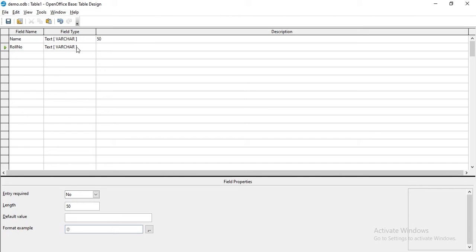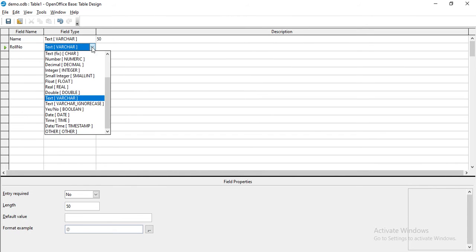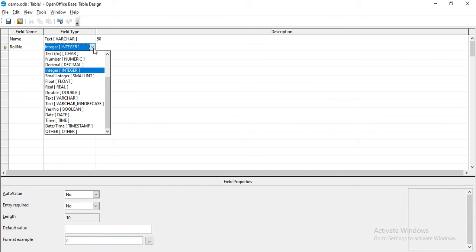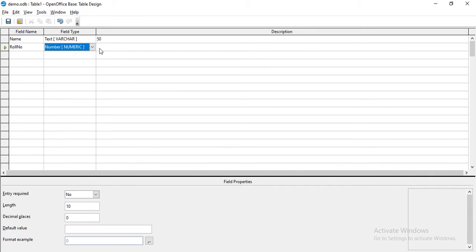From this drop down menu, you can select integer or numeric. I will select numeric. The length can be 3.